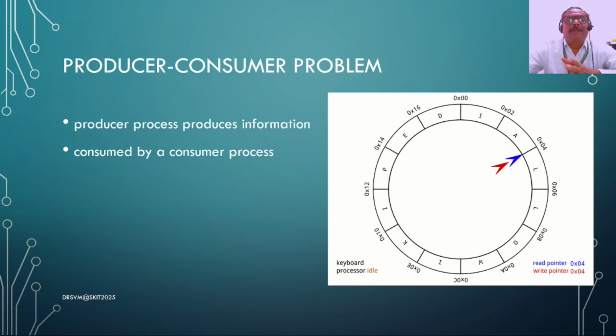So using that size, if we make a circular queue, then things will be quite easier, and with a very limited size of memory, we could get most of the required things. This example is showing that the red one is used for writing, and the green is pointing to the position where it is being read. So one process is writing and the other process is reading, and this is continuously happening.